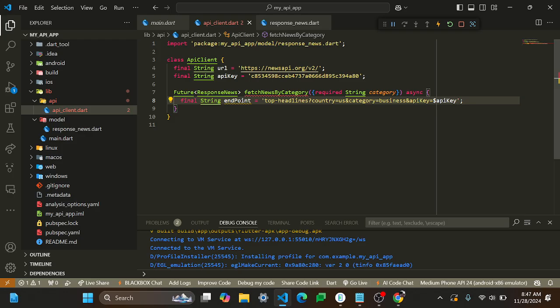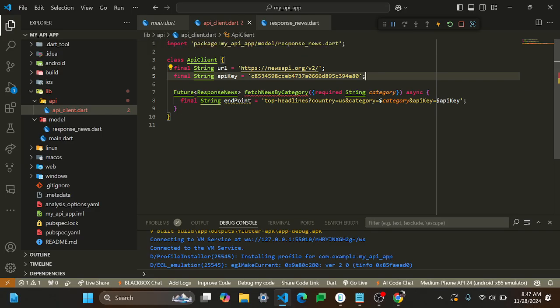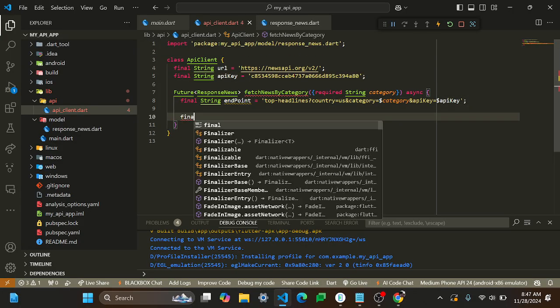And also you need to change the category into your category parameter. Category, API key, country US,